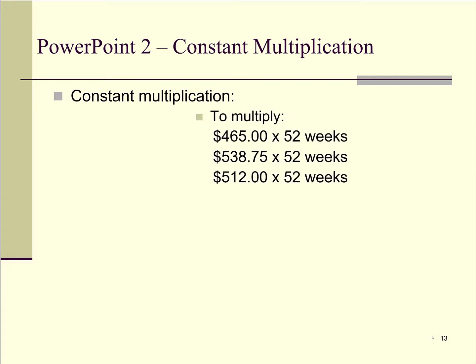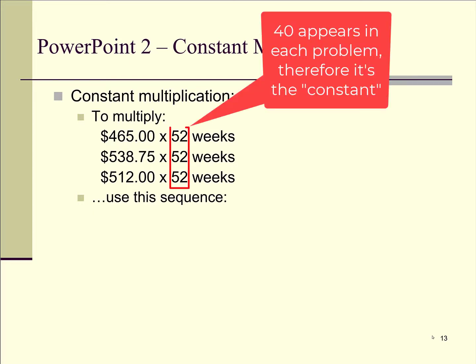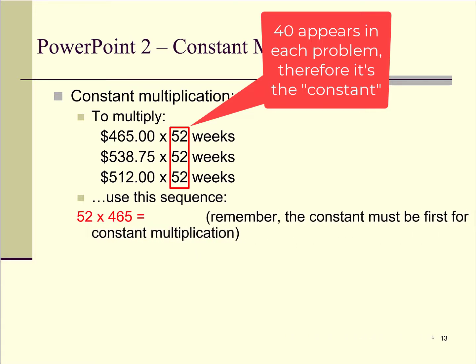So let's do one more. Notice we're multiplying by 52 weeks for each of these. So apparently we're in payroll. We're taking a weekly pay, like $465 for the first person, and multiplying it by 52 weeks to see what their annual pay is. So remember, we have to put the constant first, so we're going to enter 52 first. So for the first problem, it's 52 times 465 equals, and then